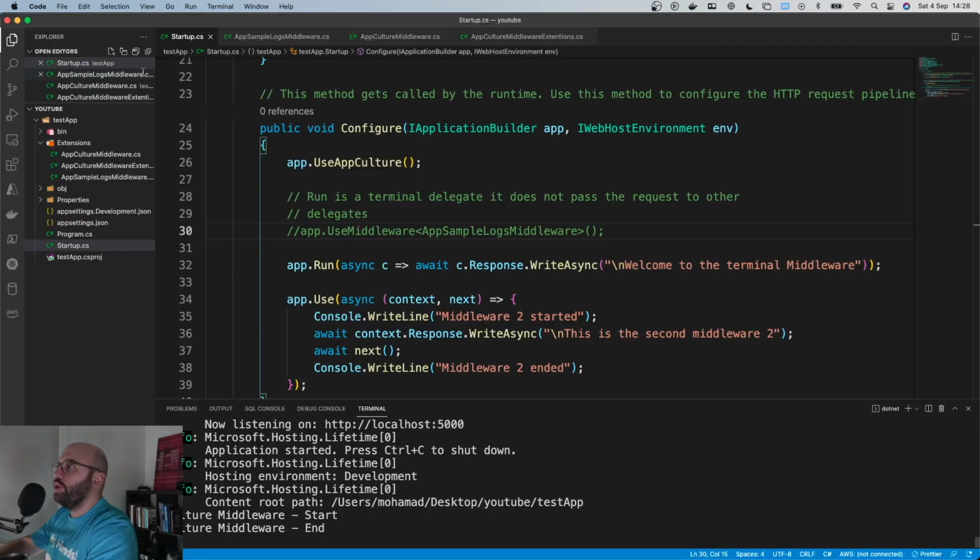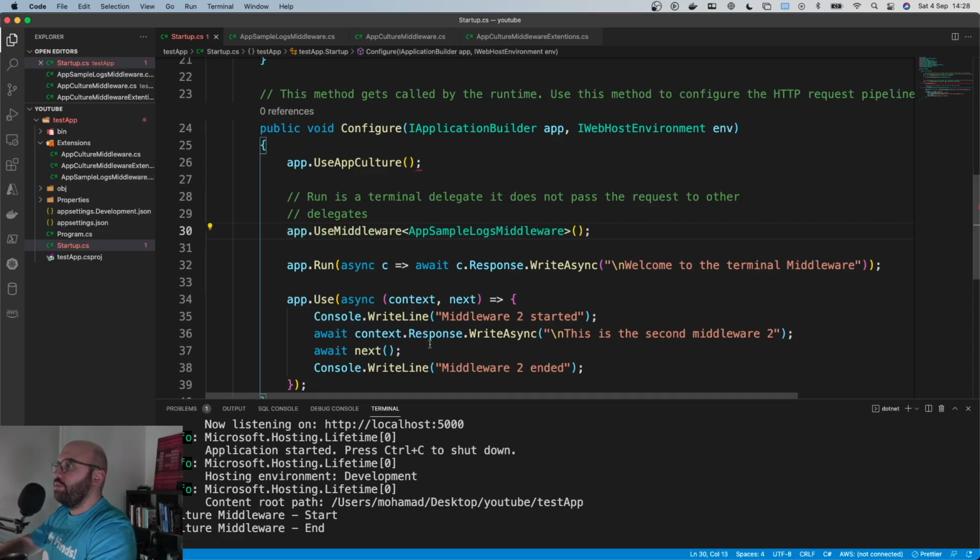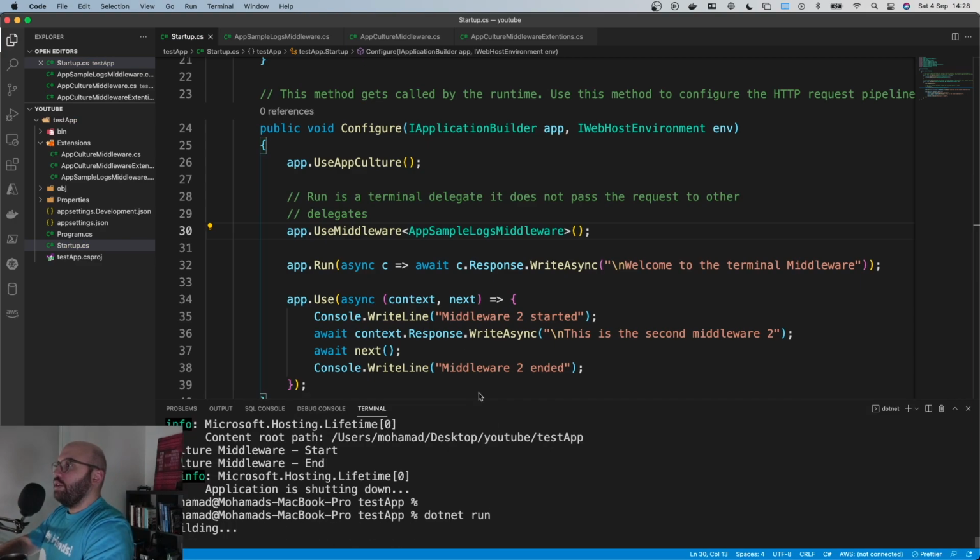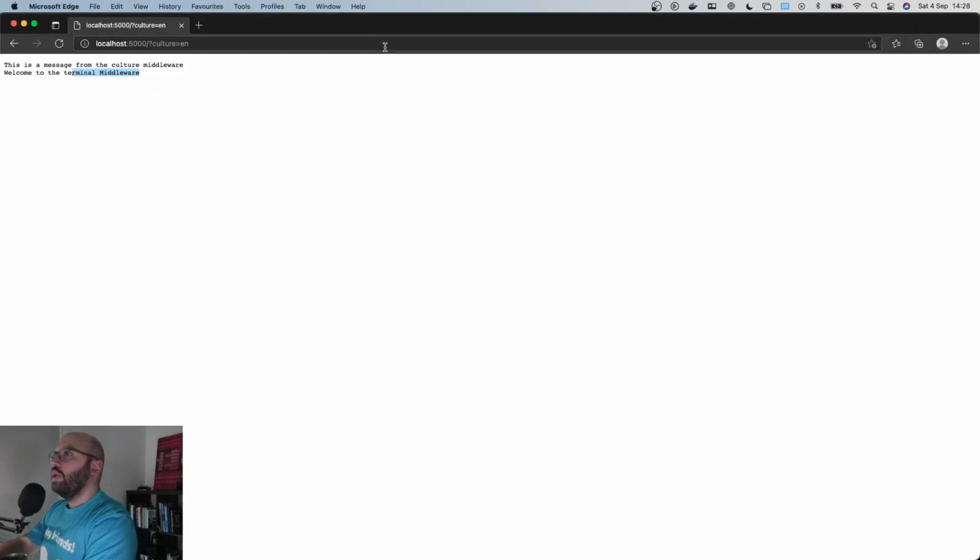We have the terminal middleware. The first one was not there because we commented it out. Now let's comment it back in. Let's run this again. Let us run this, and we can see middleware 1 has worked again. Perfect. So once we have done all of this and we have explored the app.use and app.run, now the last